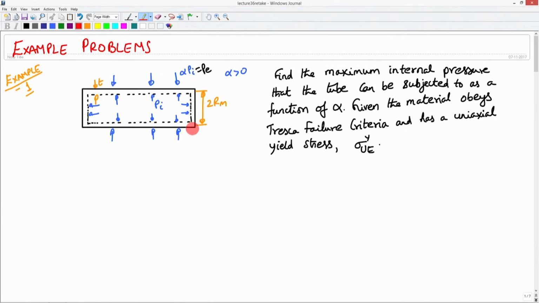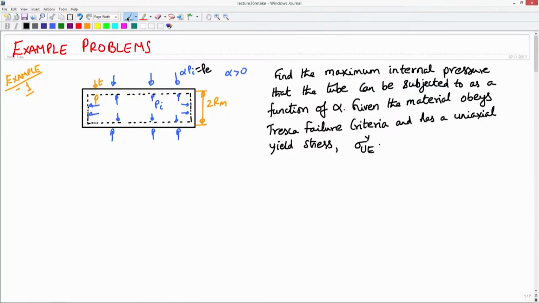So, we assume that the material obeys the Tresca failure criterion and has a uniaxial yield stress value of sigma_yue. Now we want to find out what internal pressure can be applied as a function of alpha, so that this body does not fail. By the Tresca failure criterion, one half of the maximum of the absolute values of sigma 1 minus sigma 2, sigma 2 minus sigma 3, sigma 3 minus sigma 1, that is tau max, the maximum shear stress in the body,